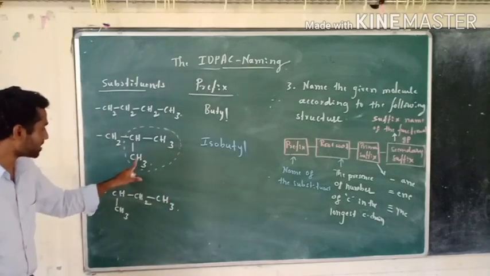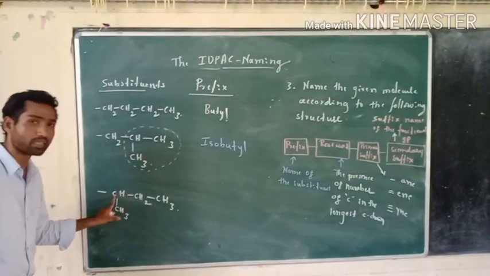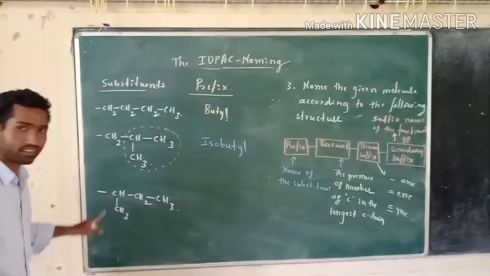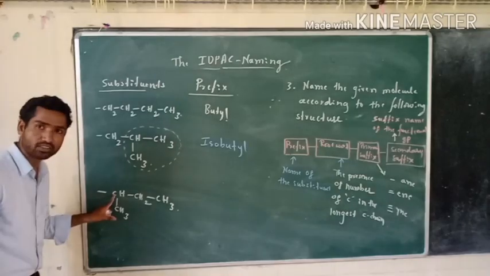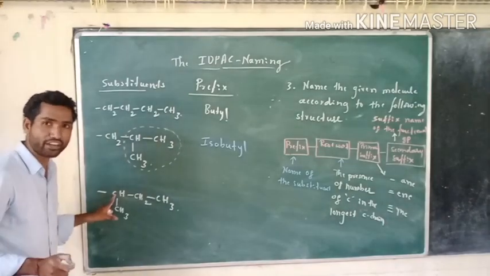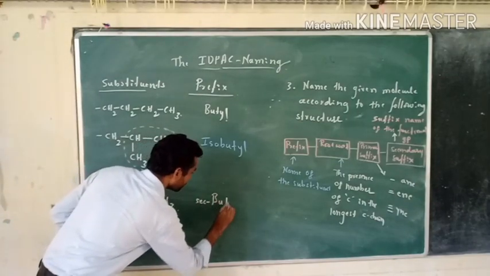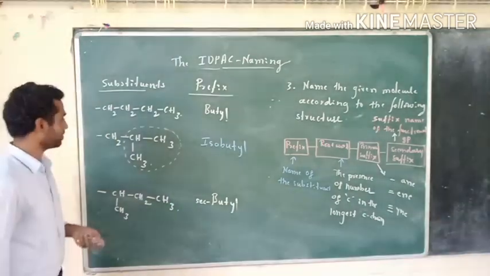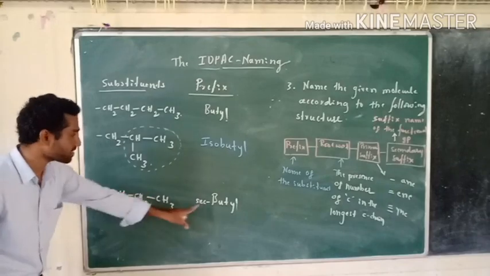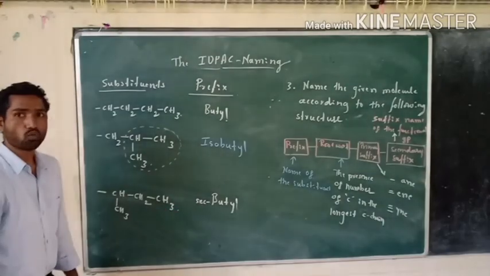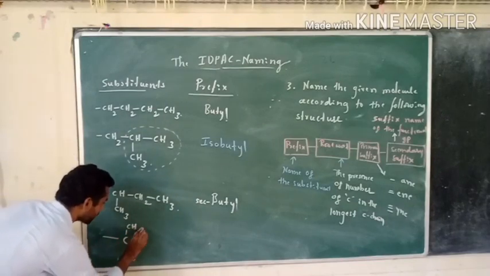So instead of attaching the methyl group to the second carbon, if I attach it to the first carbon, then this carbon is attached with 2 carbons. Therefore it is a secondary carbon of the substituent. Therefore this is known as secondary butyl. This one is known as secondary butyl. This substituent is known as secondary butyl. So I can write one more molecule. That is CH3,